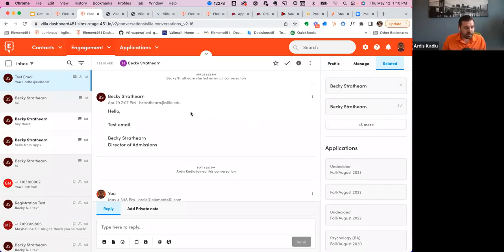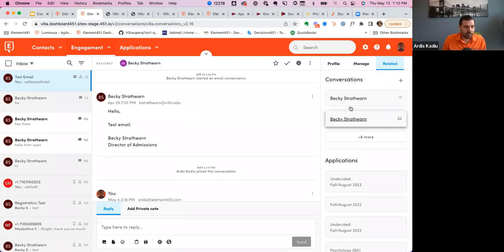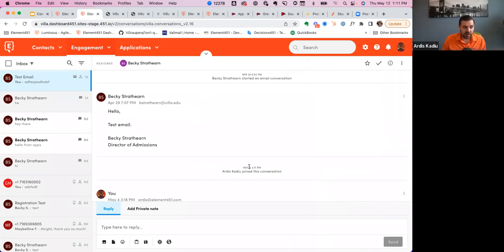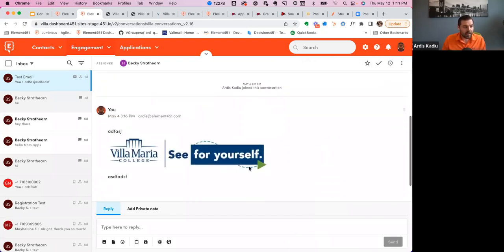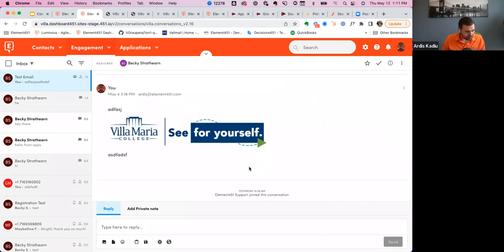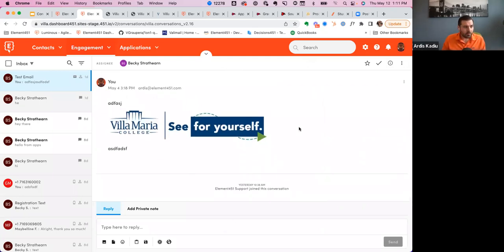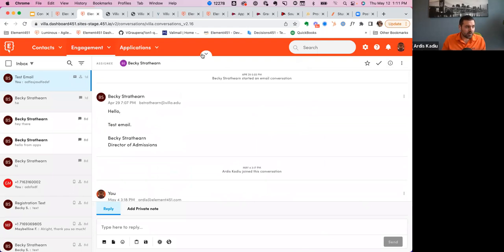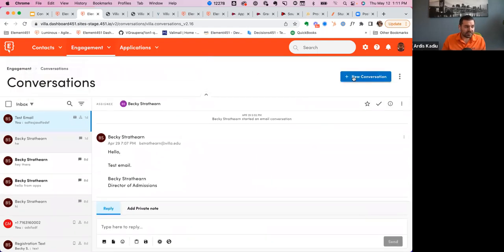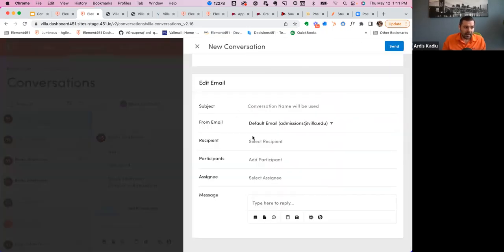Those are some of the enhancements that we talked about: the sidebar, and the ability to expand this to full view. Of course, I can hide this sidebar altogether, so now you have even more room. And when we're talking about the editor, if I want to start a new conversation, you're going to see that starting a new conversation is pretty straightforward.